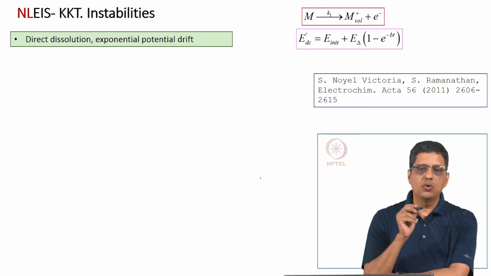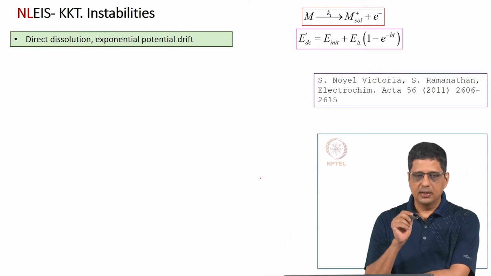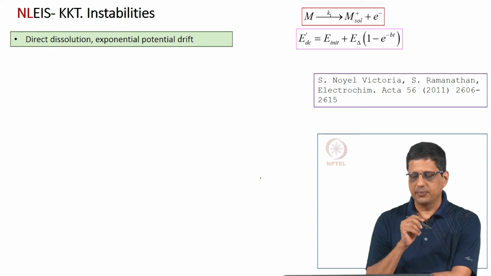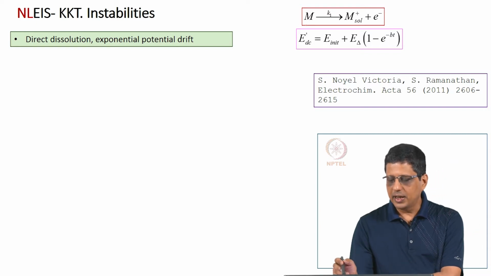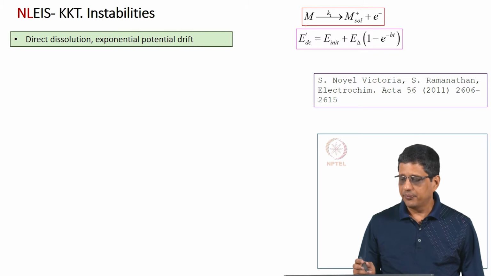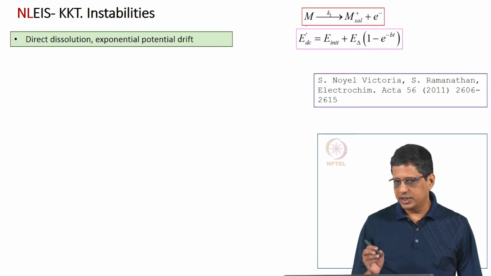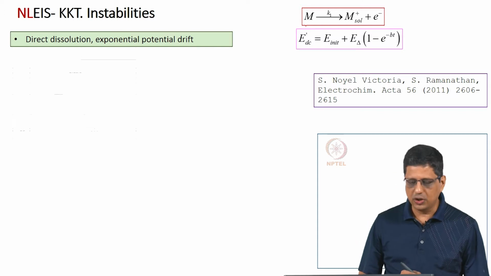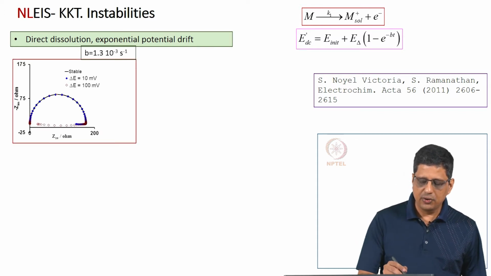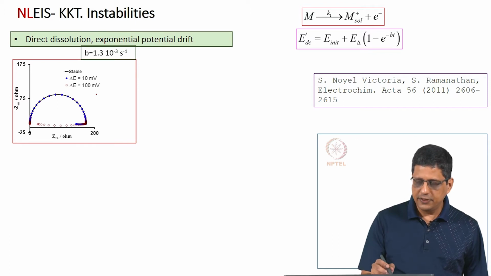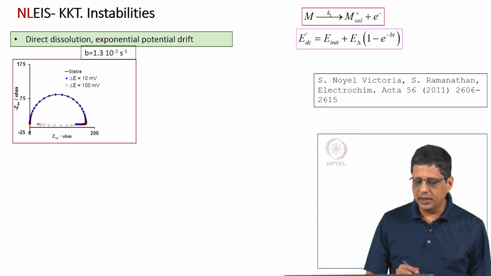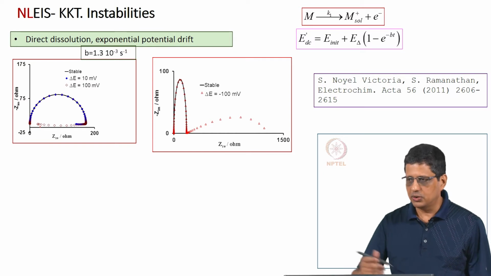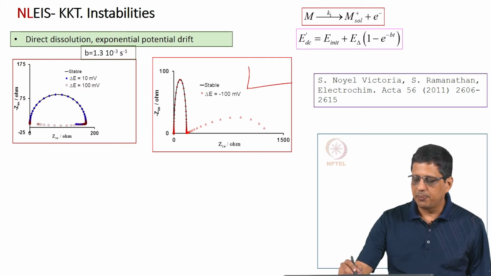Next, we know how to generate the spectrum incorporating the instability effects or drifts. We have seen this in the previous class. So, I want to show you an example where we have taken the simple electron transfer reaction and we apply an exponential drift. This is published in 2011 by our group, and we have seen before that if you have 10 millivolts or 100 millivolts drift, maximum possible drift with a particular B value, this is the data that you would get, and if it is minus 100 millivolts, in a proper scale it is going to look like this, in a distorted scale it is going to look like this.